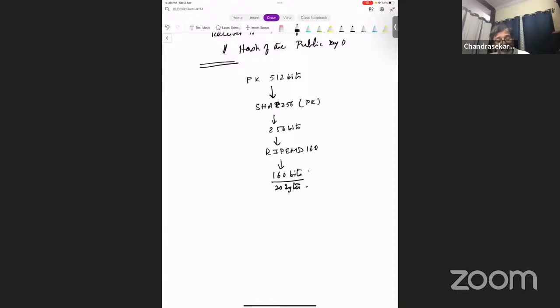So 20 bytes. And then we have a practice. What is that practice? Because this comes from digital transmission, coding and encoding, whatever we transmit, in order to see whether during the transmission things have gone well, we will always have a checksum. Checksum means another bit pattern, which is small, because in a huge bit pattern, if there is an error, that can be detected with a small bit pattern,